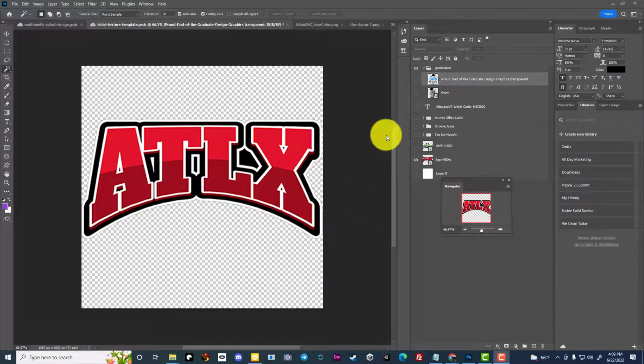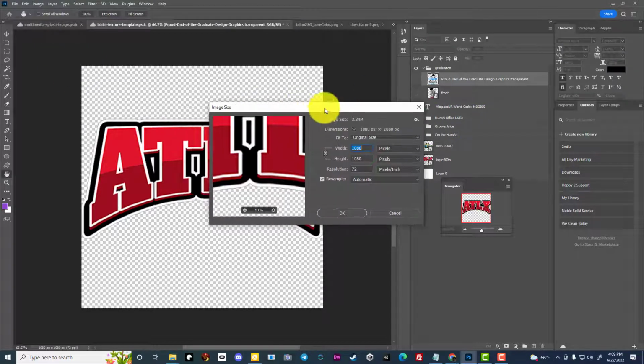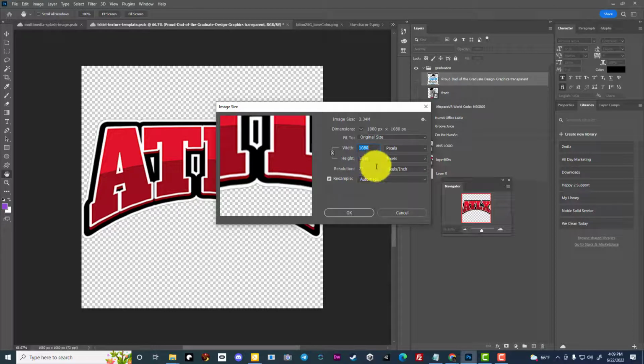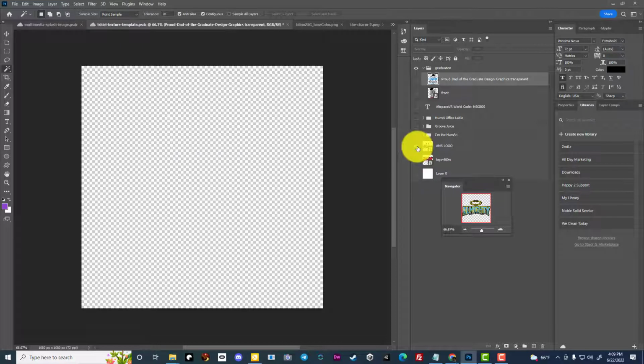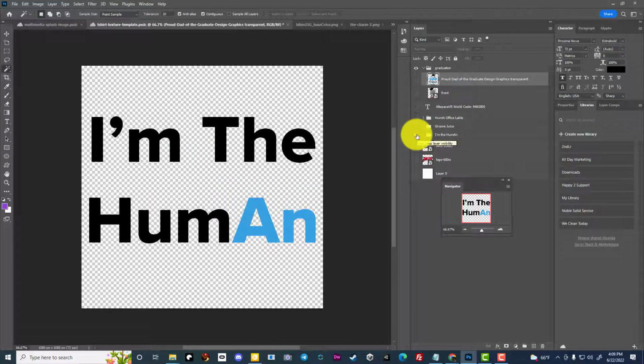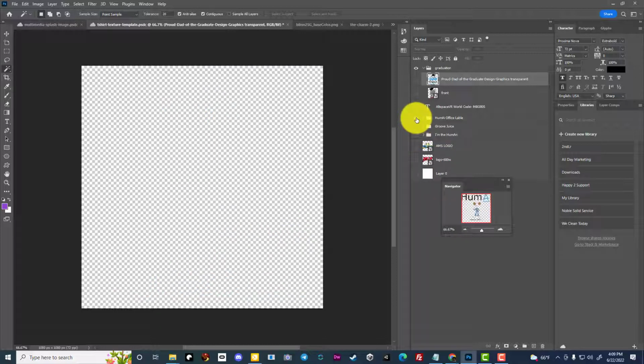Okay, so for starters, you'll want to start a PSD that has the dimensions of 1080 by 1080, and you'll want to use this for all your textures. So you can see how each one of the shirts, it's all within this same 1080 by